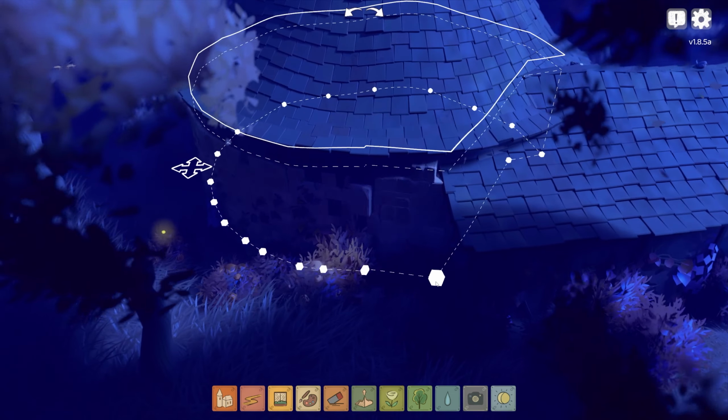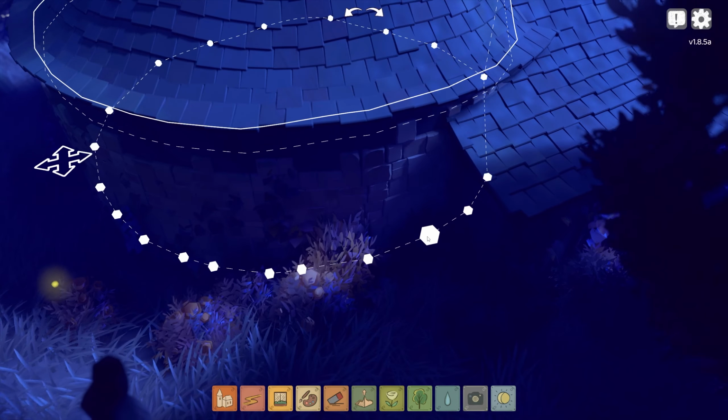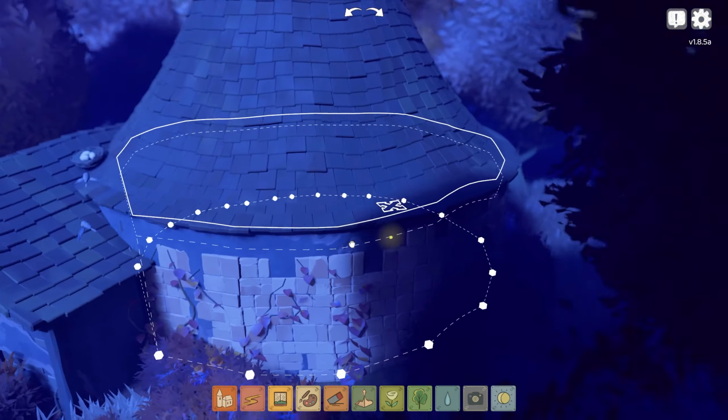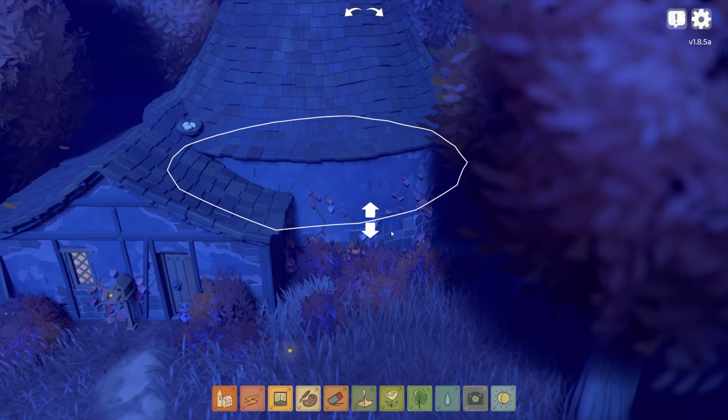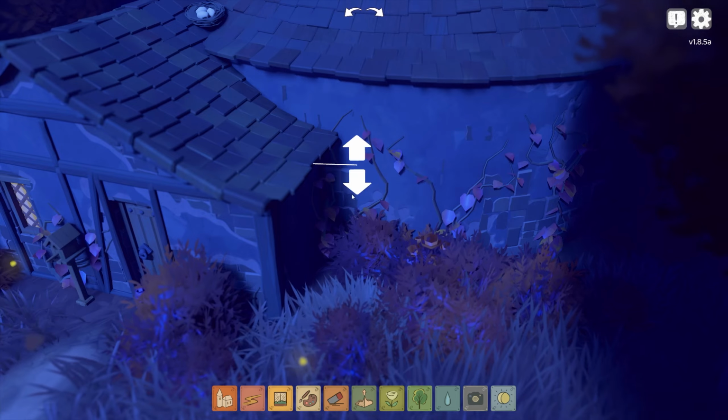This gives some more depth. Talking is hard today, man. I don't know why. But just getting this to a perfect circle took a while, but eventually I got it good. I lowered it down and then started cutting it up, just like I did in the last video, and